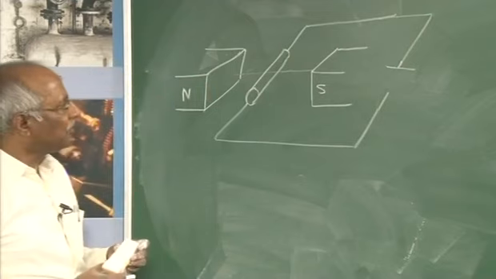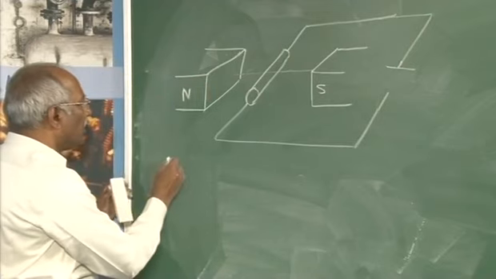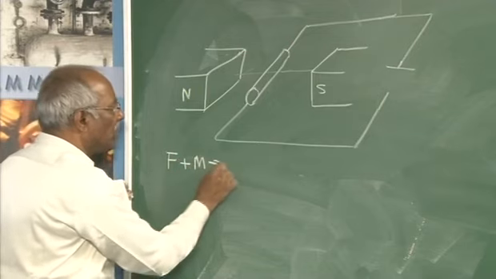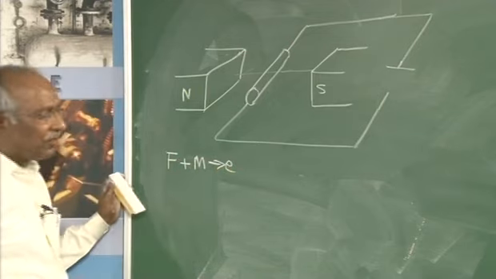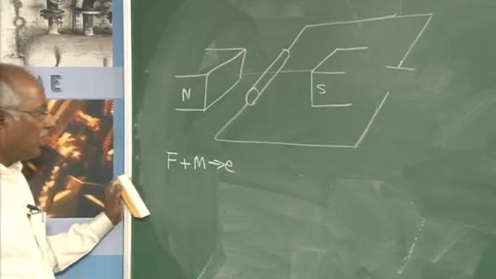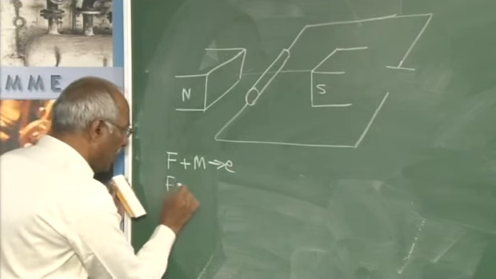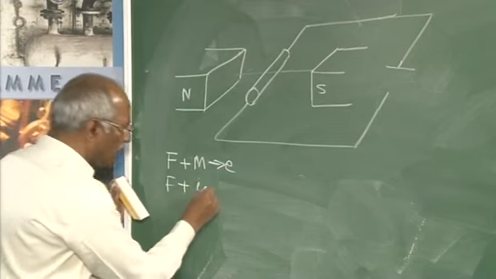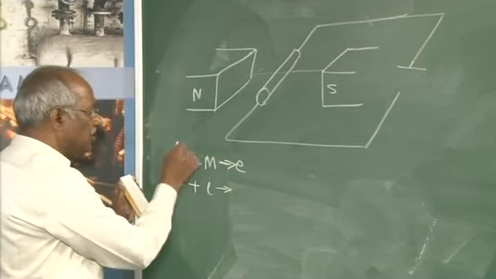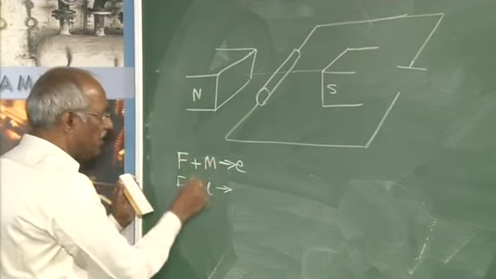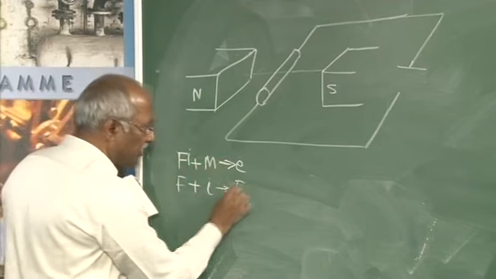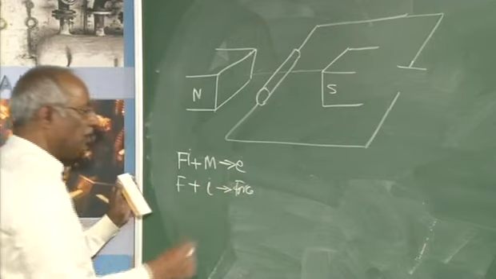So, this is the northern pole. As we know, a magnetic field plus motion leads to an induced EMF and further induced current. On the other hand, let us say we have a field and a current in the conductor, then what must be the result? This is the force, this the field, this the motion or the force. So, there must be a force developed on the conductor.